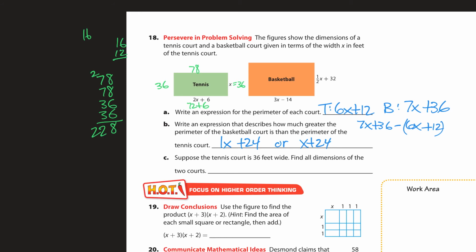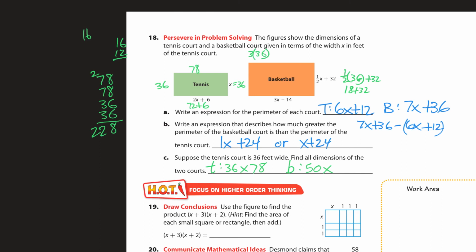Hello. So yeah, the tennis is 36 by 78, and then the basketball wide is, if x is 36, then this would be 1/2 of 36 plus 32. Half of 36, that's 18 plus 32. That's 50. So the basketball is 50 by, and then this is 3 times